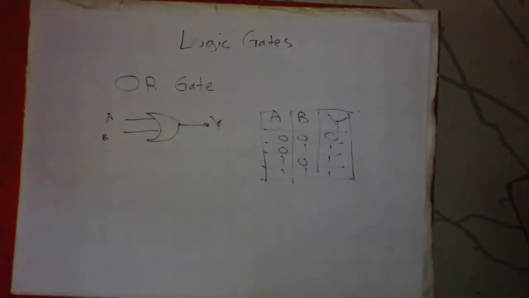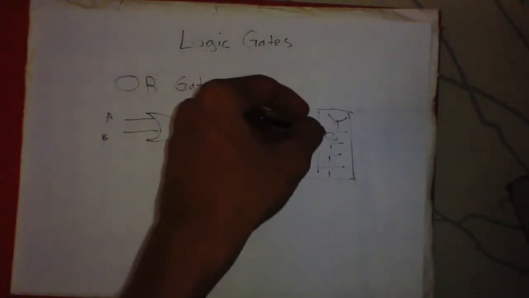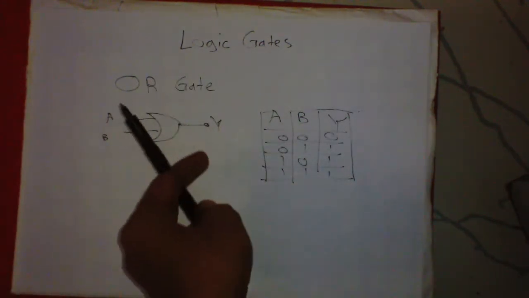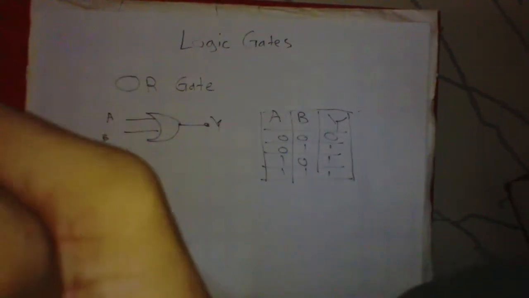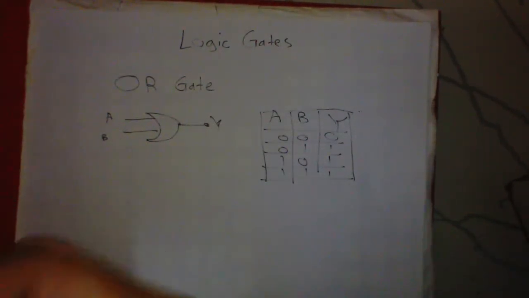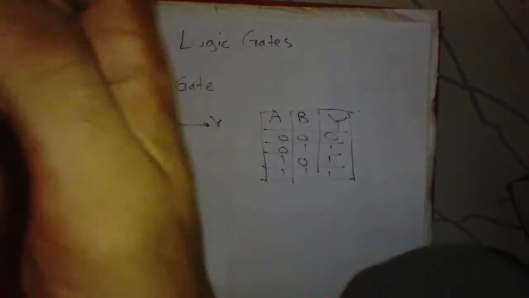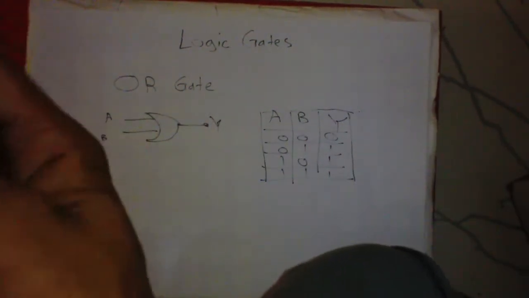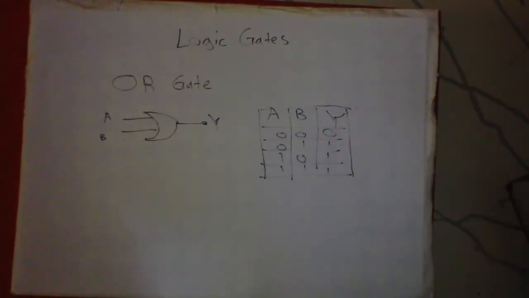I repeat, only when all inputs are 0, the output will be 0, else if there is any 1 in A or B, or if there are n inputs and all are 0 except only one input that is 1, then the output will be 1. When there is any 1 in the input, just write the output as 1, or if there is no 1 in the input, all 0 in the input, then write 0 as the output.